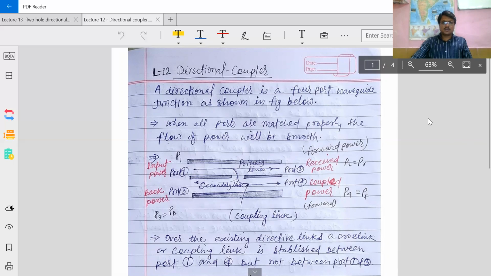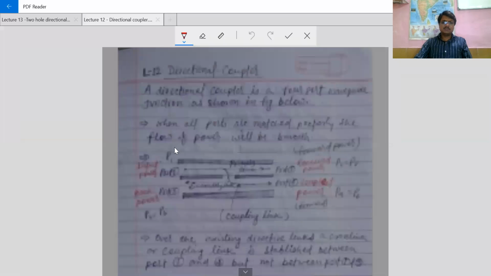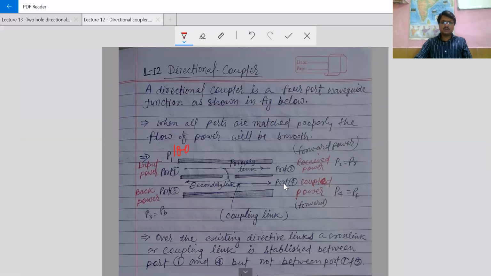So a directional coupler is one way to measure the power. Let us suppose 1 kilowatt power is coming here and we have a device that can measure up to 10 watt of power. So how can we measure 1 kilowatt of power? We will make a device which couples a certain amount of power. Let us suppose 1% of power will be coupled. Okay, 100 watt of power is given here, so only 1 watt power will come here.